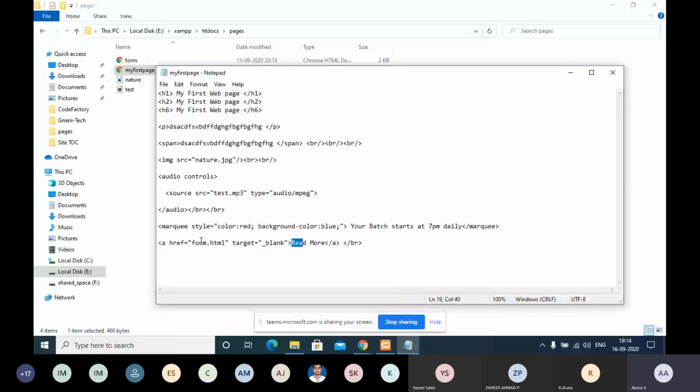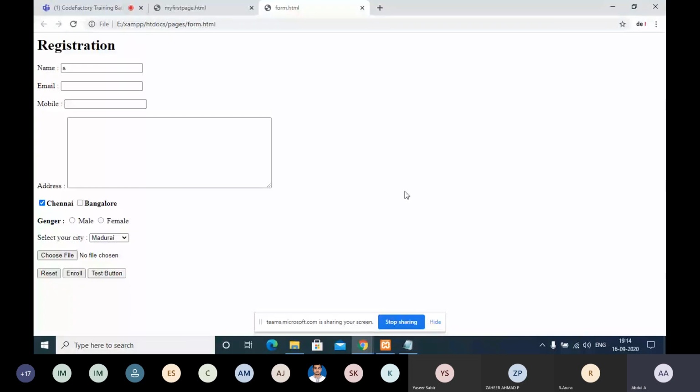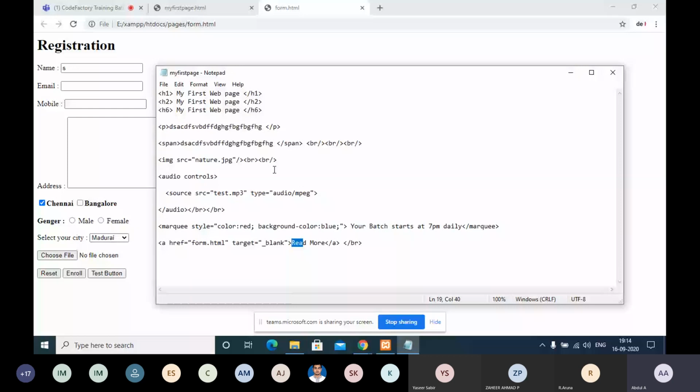That is why, if I click the read more link, it will take me to the form.html, which is one of the pages available in our web page itself. Now let me give some more additional input. For example, here, instead of read more, I'm writing mail me.